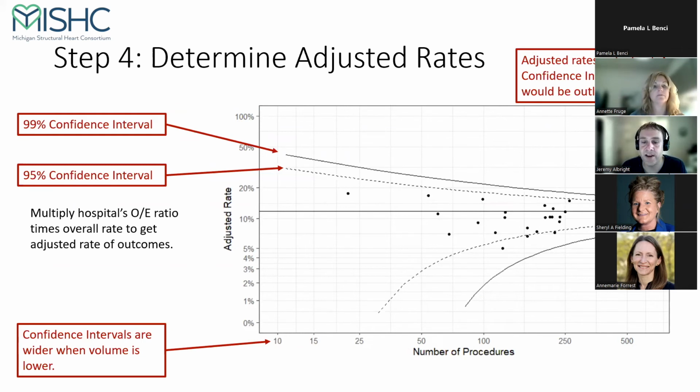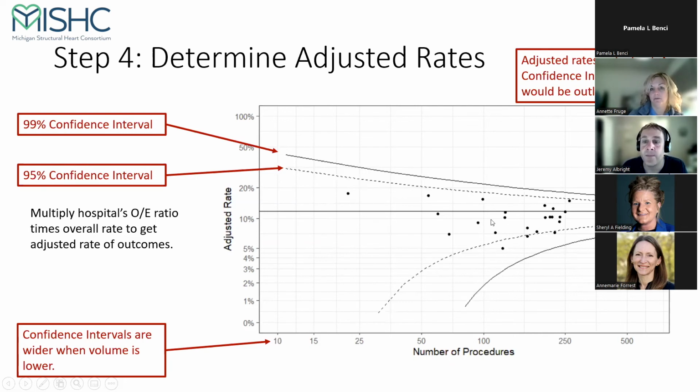So what we plot here, the lines that are listed as confidence intervals, those are just different levels of precision that you can use. Being the most generous, we'll use the 99% confidence interval at the top, and then also the solid line towards the bottom. And what you'll see is along the bottom, we have the number of procedures. So you can see that our confidence intervals, and this is kind of a different way of presenting the same information on the prior slide, insofar as these confidence intervals are wider when the number of procedures is